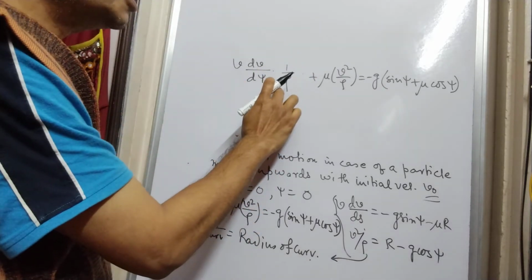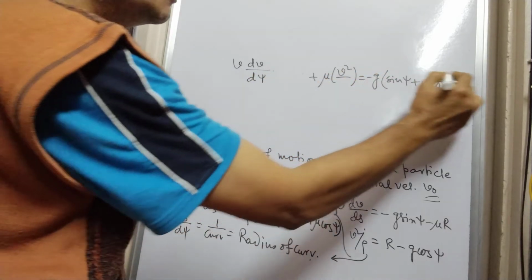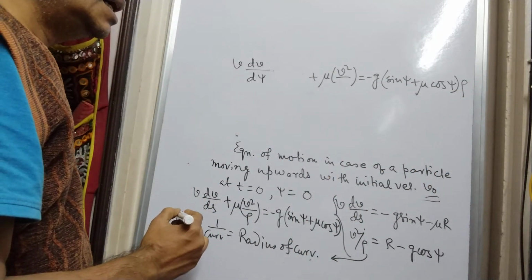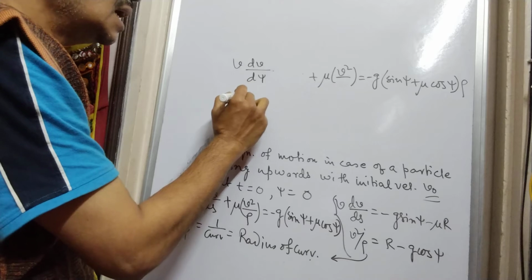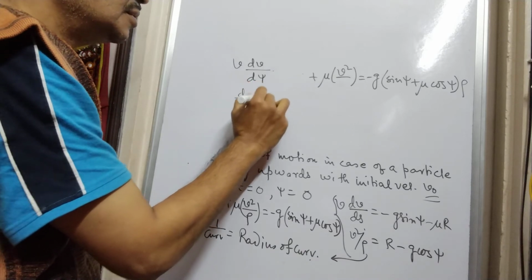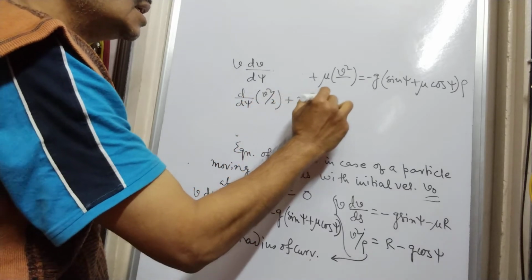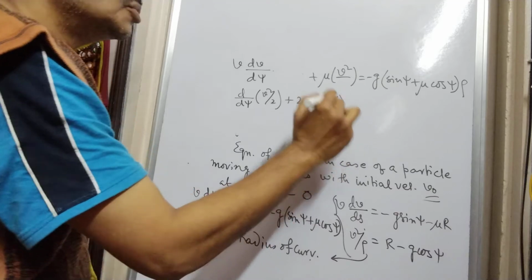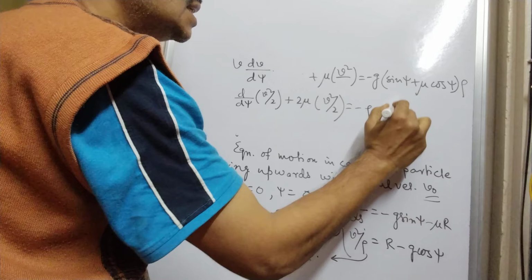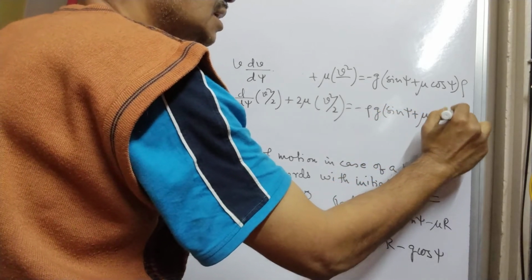And once we replace this 1 by rho, we can take this 2 rho common, so that rho is multiplied here, and this can be written as d psi of v square by 2, and this can be written as 2 mu v square by 2, and we have minus rho into g sin psi plus mu cos psi. Okay,